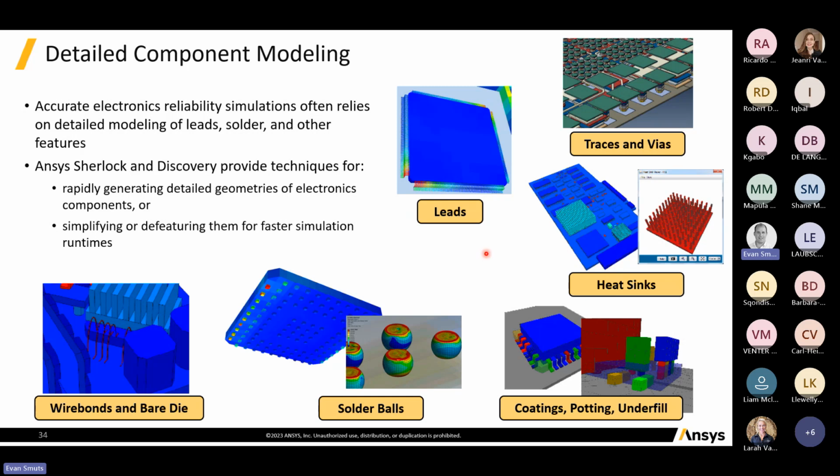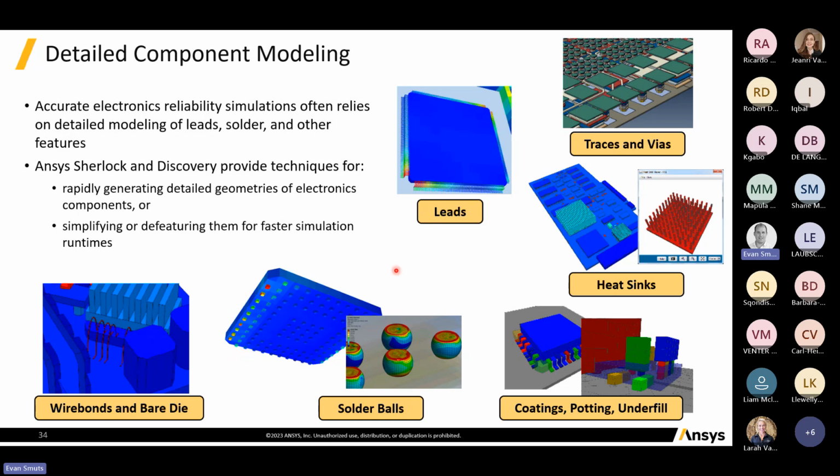layers of detail. So we could obviously just have dead components, which are literally just a block and there's nothing interesting about them. Or we can even include the effect of, say, the leads, and the shapes and positions of them. We can look at solder balls as well. Again, either simply representing them within Sherlock essentially as a block, or we can go into, say, a full mechanical analysis and actually model the shape of them and look at the real local stress concentrations within those solder balls. You can do wire bonds, so the very thin little wires making electrical connections, take that into